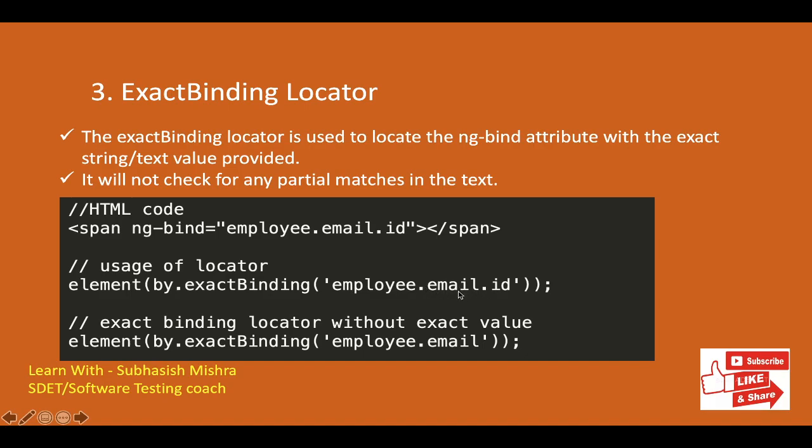If you pass a partial value like employee.email, it will not work. You have to pass the exact value. So the key thing we need to remember is binding will perform the partial match whereas exactBinding will perform the exact match. Let us move to the next locator,